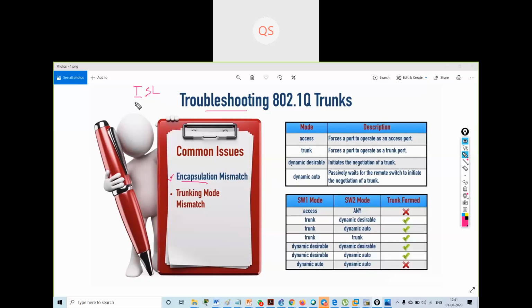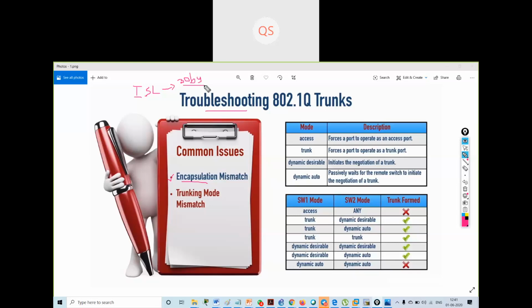You might still see ISL as an option. With ISL, 30 bytes of header are added to every frame: 26 bytes of header and then 4 bytes of checksum on top of that.